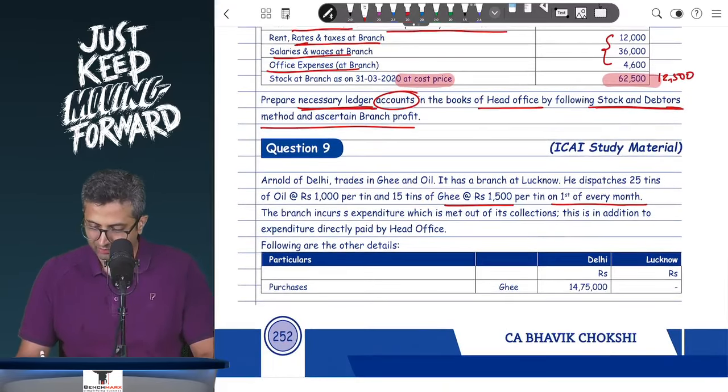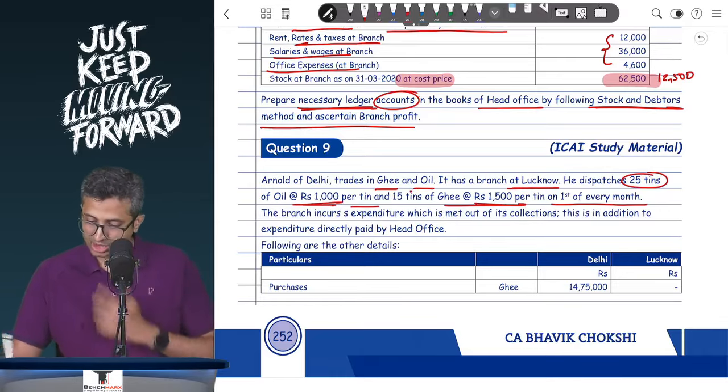Arnold of Delhi trades in ghee and oil. It has a branch in Lucknow. He dispatches 25 tins of oil at the rate of 1,000 per tin and 15 tins of ghee at 1,500 per tin on the first of every month. So there are 12 months. So when I look at